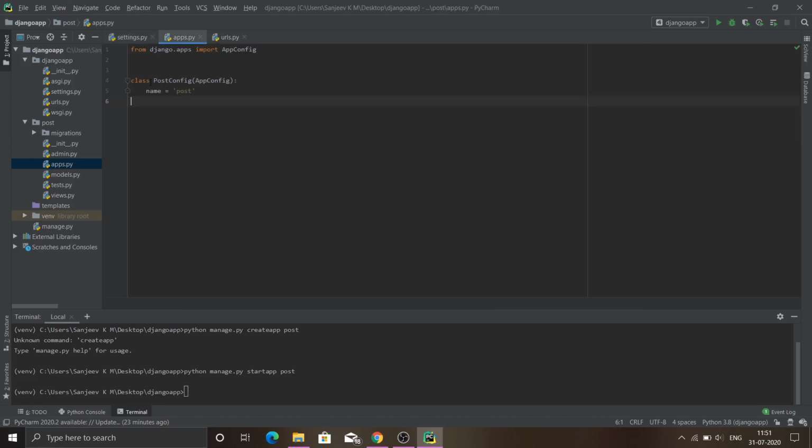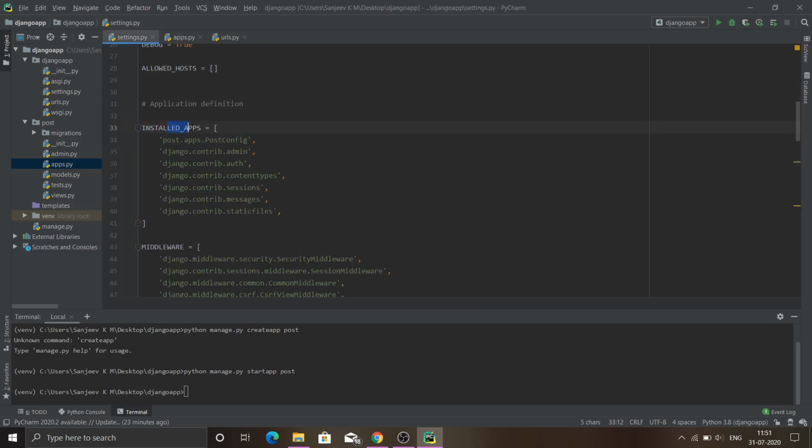See, I am pointing to this PostConfig class under the installed applications. So now we have registered our post application in our Django project.